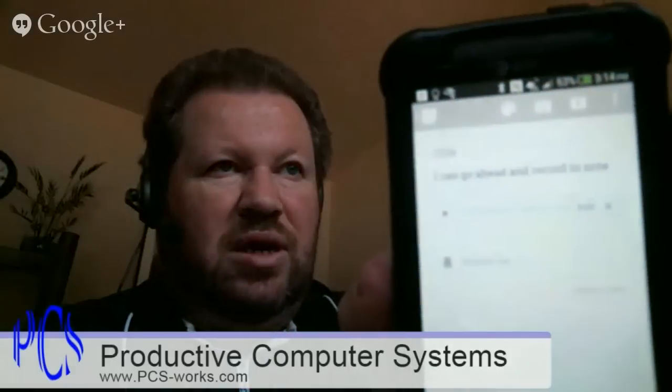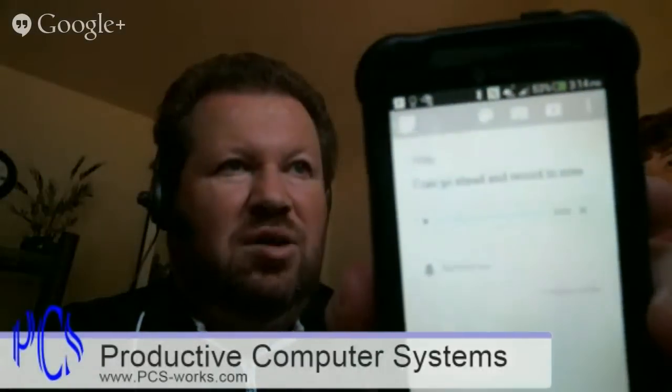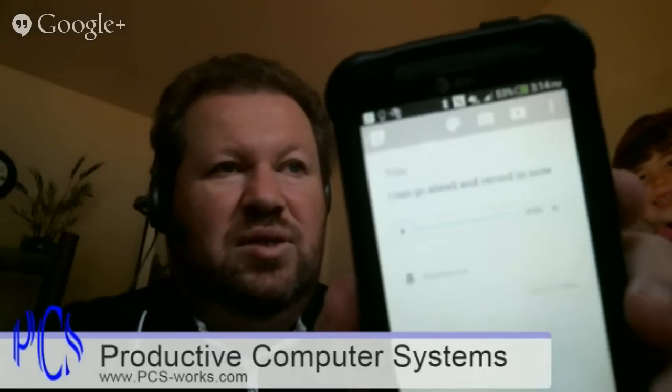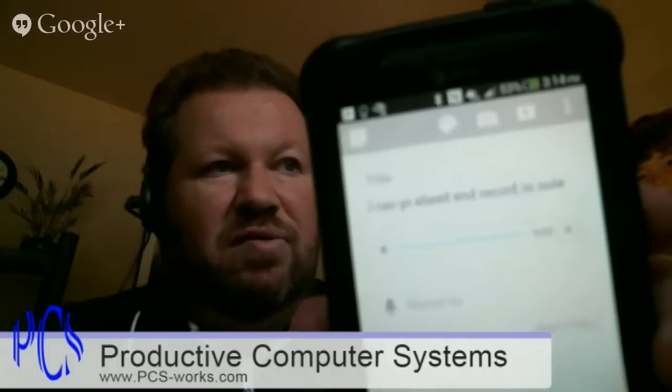Unfortunately, because of my English accent, as you can see, it says I can go ahead and record in note instead of a note. But for the most part, it does a decent job, but not perfect by any stretch. I mean, it screws up a lot of times too. But notice that there's a little player button down below, and that player button is specifically for playing the stuff back. So if I click,